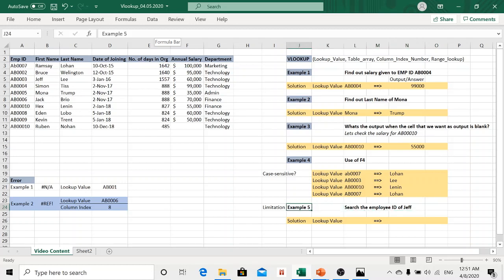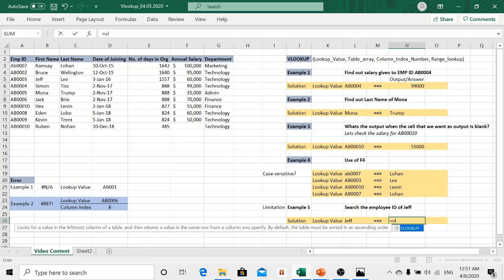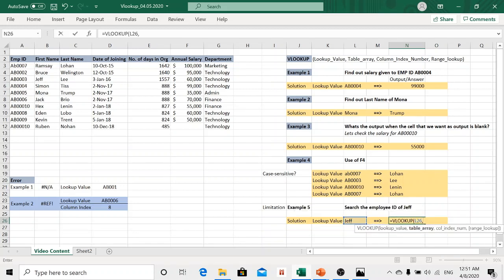Now let's try the fifth example, example 5. Let's check if it is a limitation or not. Search the employee ID of Jeff. So we need an employee ID. What is the lookup value over here? The lookup value over here is Jeff. Now we need to identify the employee ID. VLOOKUP, tab, Jeff. Let's check